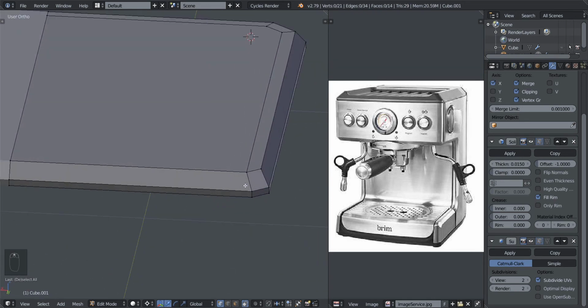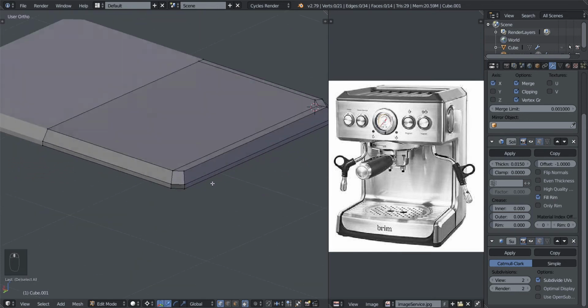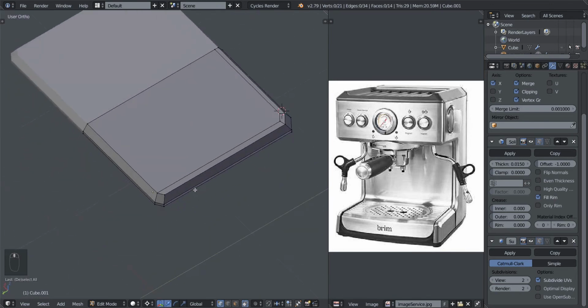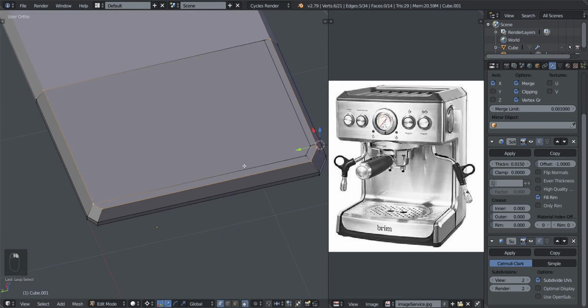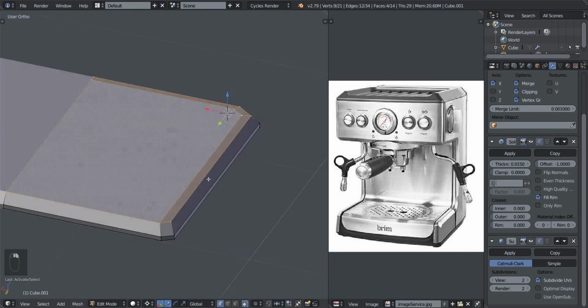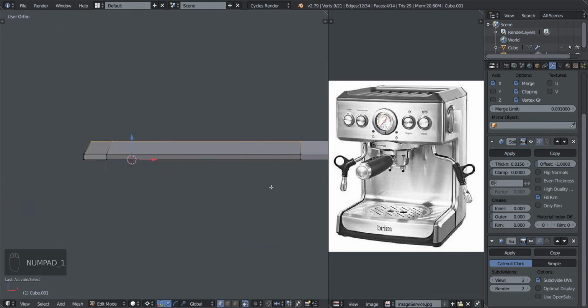So all we're going to do next is we're going to add in another loop cut in the middle here. I'm going to add in another loop cut. Now I'm afraid I think this might be a little too less steep, so we're going to make it a little bit more angled, because I don't think it's angled enough